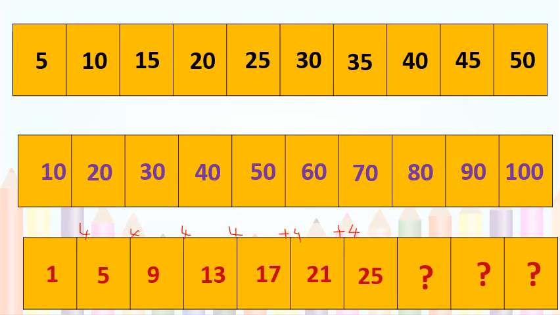Then plus 4, you add whichever is easy for you. Again, for 25 plus 4, what will you get? 29, isn't it? Then 30, 31, 32, 33 we will get. Then the next number should be 37. Got this? If you add or if you find the difference, whichever becomes easy for you, you can follow. The numbers will remain the same. Okay.